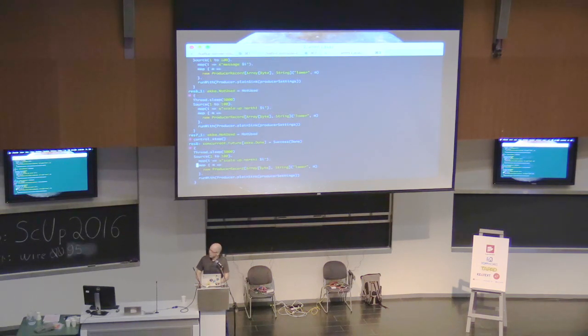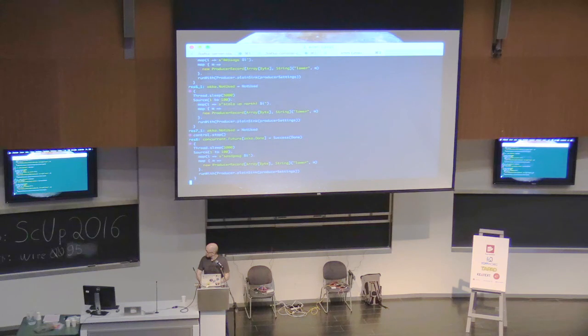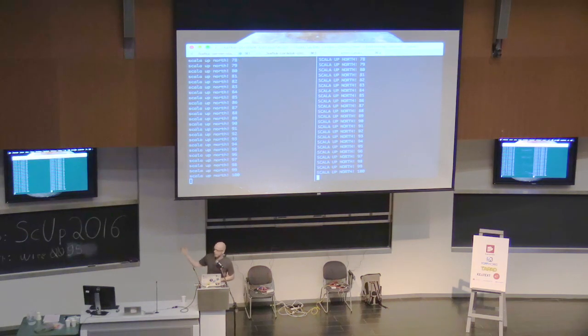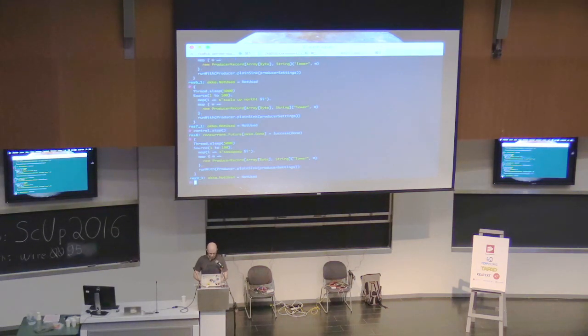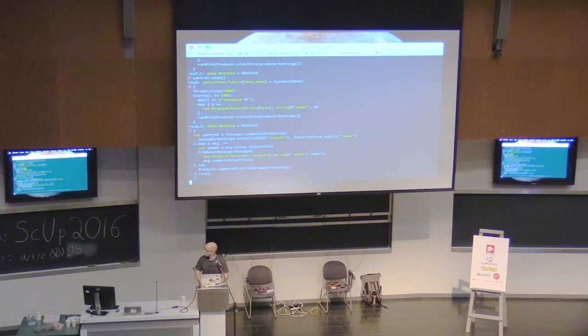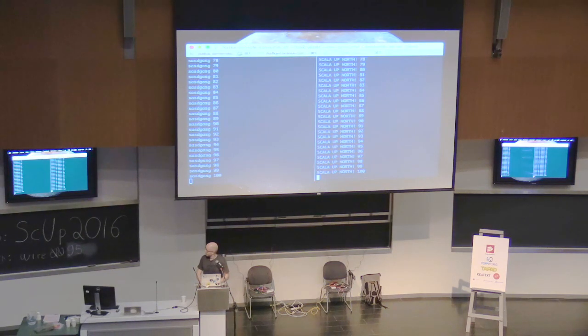So if I produce messages, they're going to show up on the left-hand side, but they're not going to be on the right-hand side. But then if I start up the consumer again, so it's running, the messages will be consumed, hopefully.